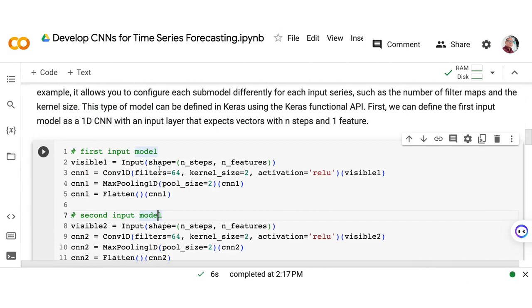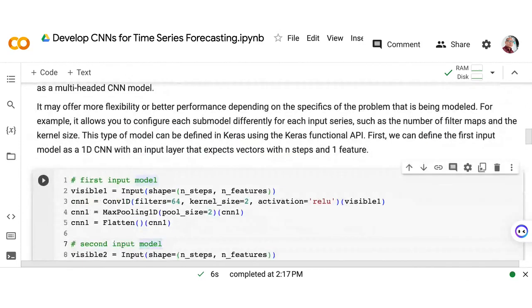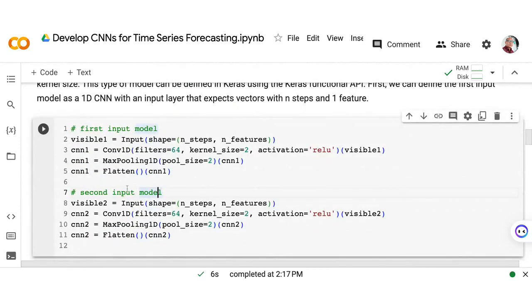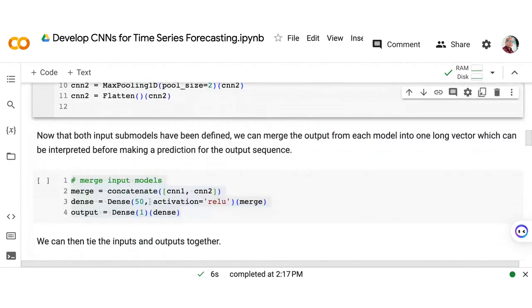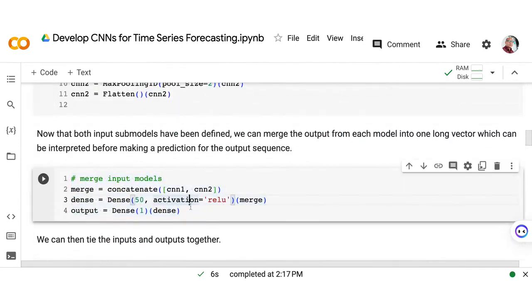Now, this is what we call multi-headed, because as you can see, we have two input models that we have created. Okay, and then what we will do with these two, we will try to concatenate or merge them together. As you can see here, we use the function concatenate.